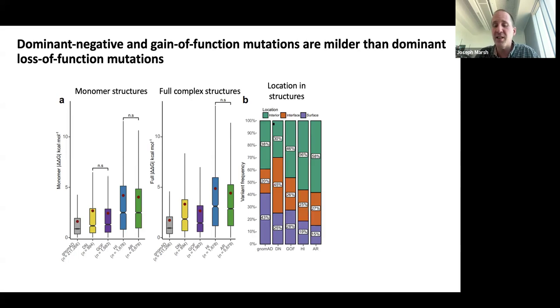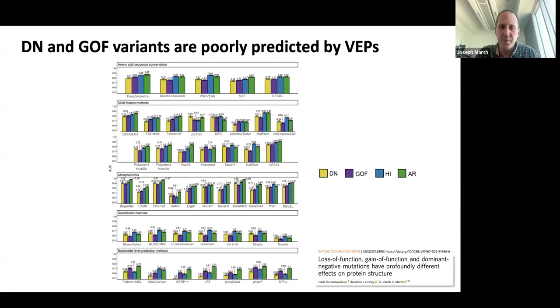It's sort of classifying the locations of the mutations in terms of where they're occurring in structures. So the dominant negative ones, which I said often occur in complexes, are often associated at the interfaces, whereas loss of function mutations tend to occur buried in the interiors of proteins, and gain of functions are more likely to be at the surface or other interfaces.